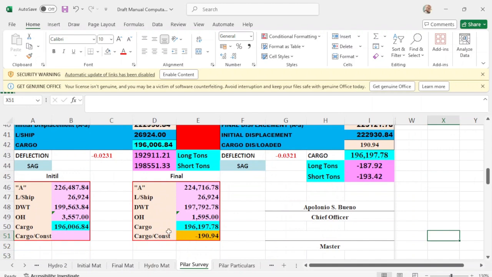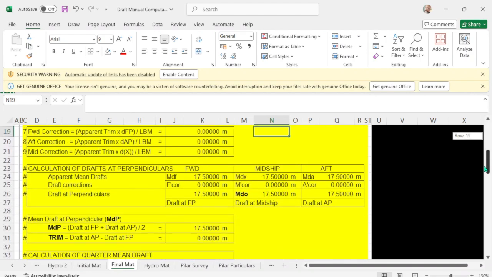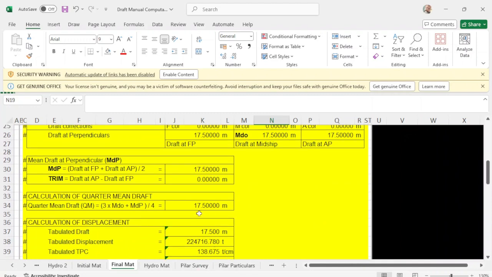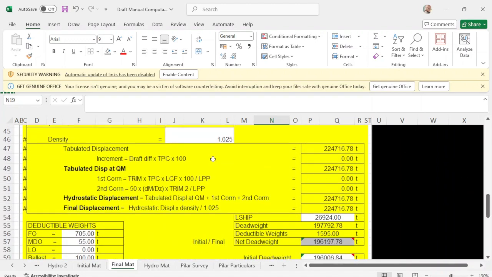196,197, and what will be the final draft here? So this is the quarter mean, 1750. Apply the displacement, use TPC, MTC, and this will be the correction of the true tabulated displacement. No increments. This is the tabulated quarter mean displacement. No trim correction.